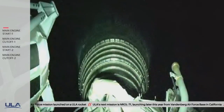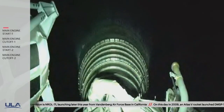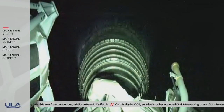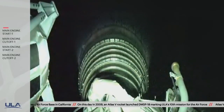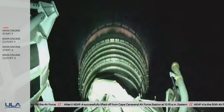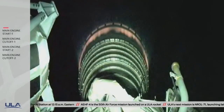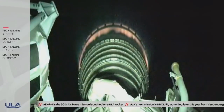RL-10 appears to be performing well. Chamber pressure looks good. Vehicle body rates also looking good. Now passing 5 minutes 10 seconds into flight. And 5 minutes 25 seconds into flight. This is Atlas Mission